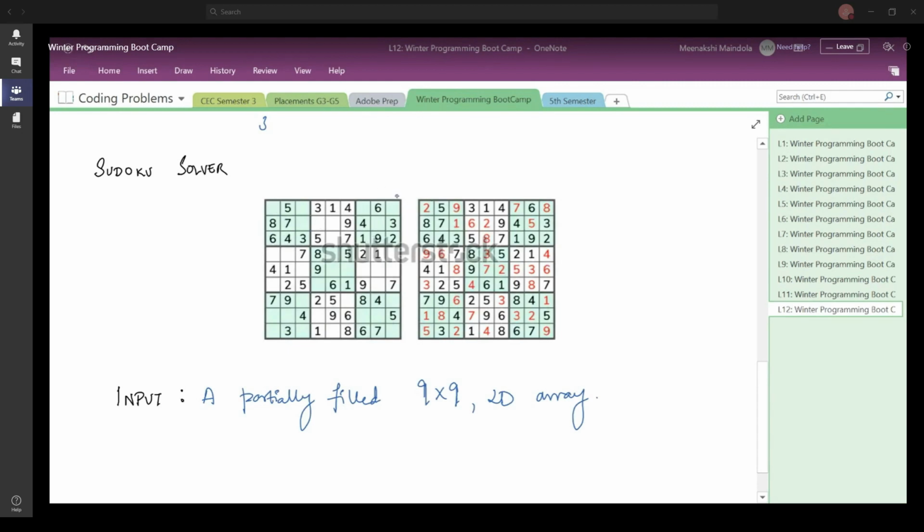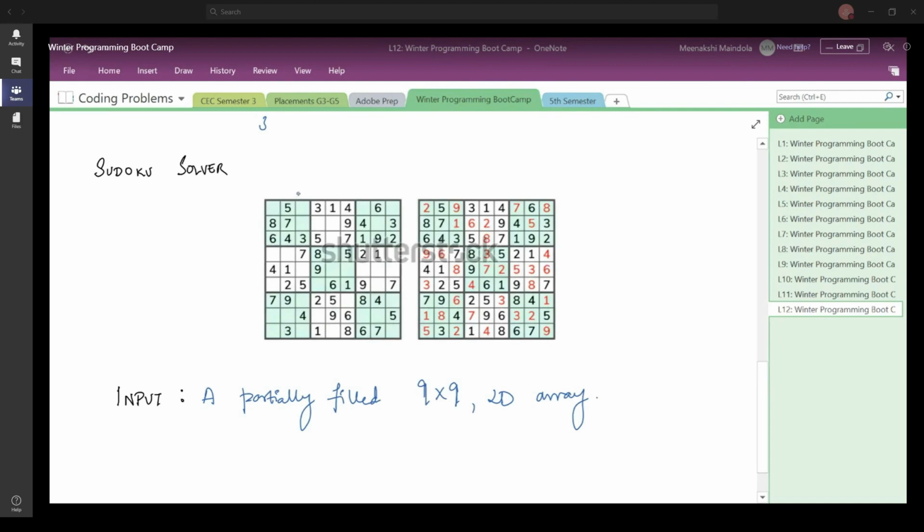So there is a way in which you are going to fill these cells. You cannot fill any number in any cell. So the first thing here is that the only digits which are allowed are from 1 to 9, and there are conditions.